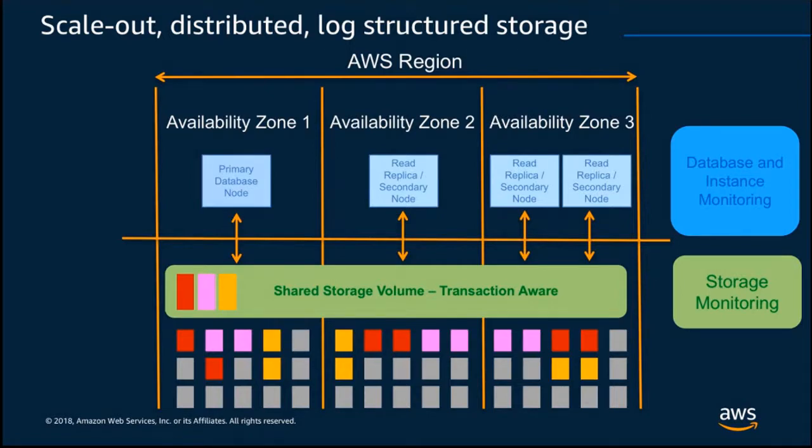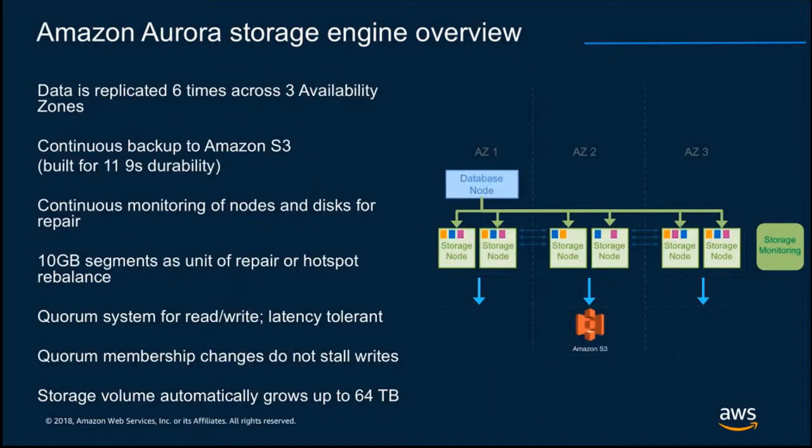And those nodes, those instances, will be automatically managed and monitored by RDS. So if an instance fails, we will automatically replace it. If the primary node fails, then we will automatically promote one of the read nodes to be the new primary. And similarly, down at the storage layer, we're also automatically monitoring and managing the storage nodes. If a storage node fails, we'll automatically fix it and replace it. Or if a disk fails, or if there's other kinds of failures, they're all managed and monitored. So this is all part of being a managed database service within the RDS system. Now, a little more detail on that Aurora storage volume